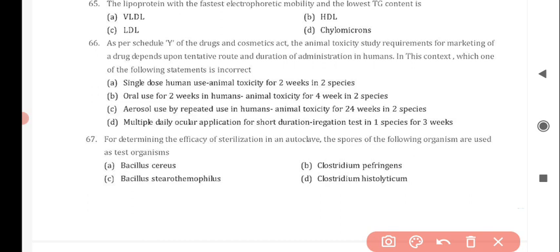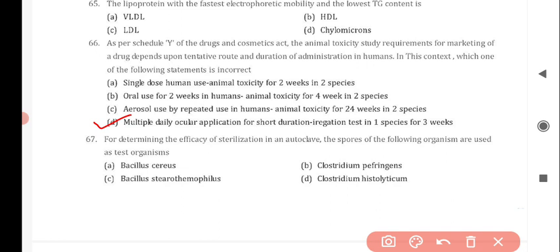Drugs and Cosmetics Act, the animal toxicity study requirements for marketing of a drug depends upon tentative route and duration of administration in humans. In this context, which one of the following statements is incorrect? So the incorrect statement is option D, that is multiple daily ocular application for short duration irrigation test in one